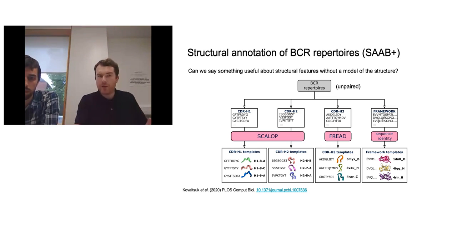Then also, as a final step of this, although the framework region of the antibody is very conserved, you do have a bit of structural variety in the framework, and interestingly around the anchor residues of the CDR loops. And so we went one step further and said, well, we can annotate the loops, but we can also mine structural data to assign a structural template to the sequence of the framework region of our antibodies. And so again, to emphasize, without ever doing any structural modeling at all, you're able to rapidly go through and annotate the entirety of a sequence from your repertoire with likely information about the entire antibody. Say something about what the full structure of the antibody is likely to look like without ever modeling it.